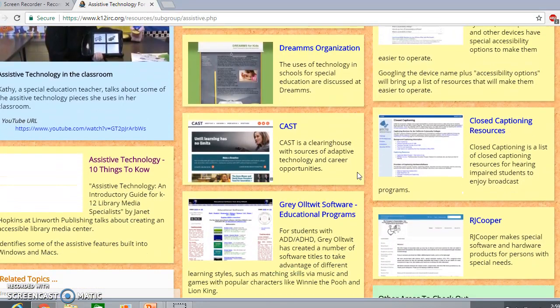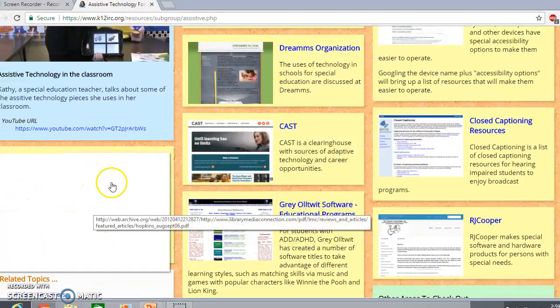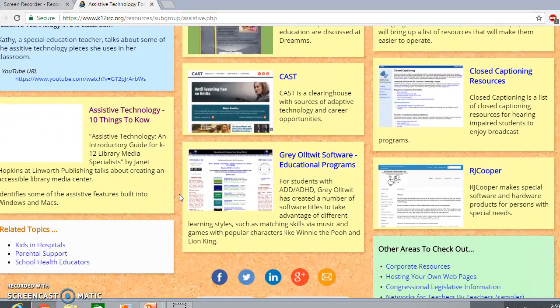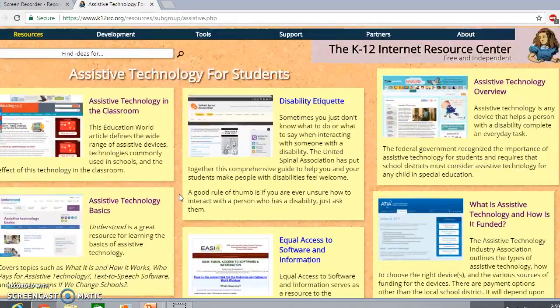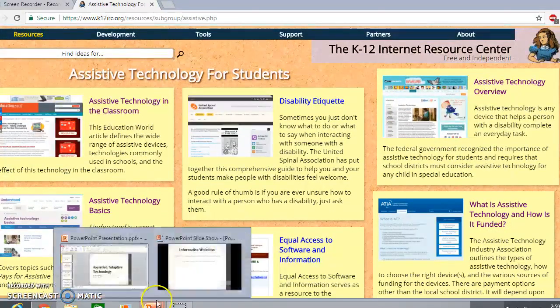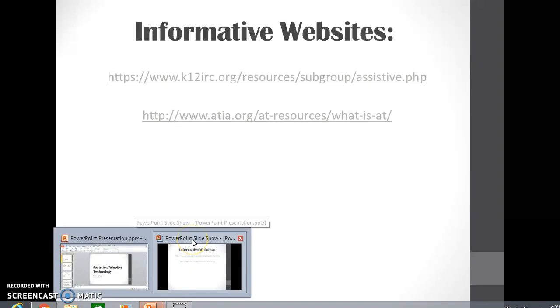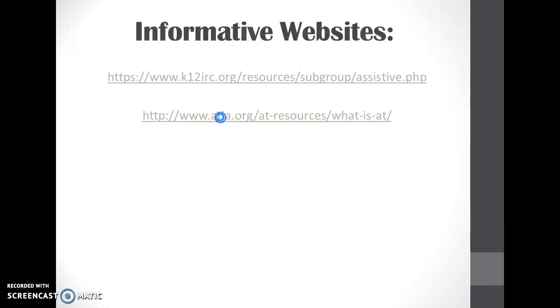So down here, assistive technology, 10 things to know. There's all kinds of information on here, and I think it's just so helpful and so informative. I definitely recommend going to look at that one if you are interested. This one